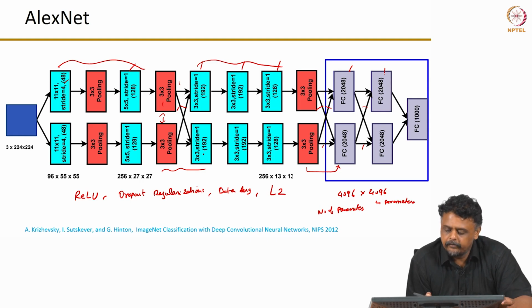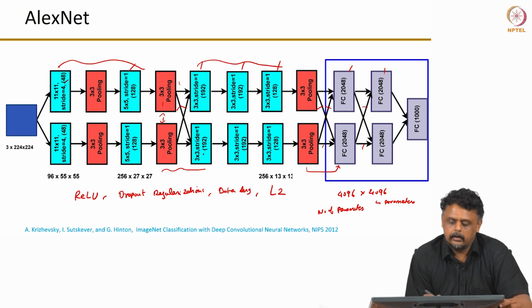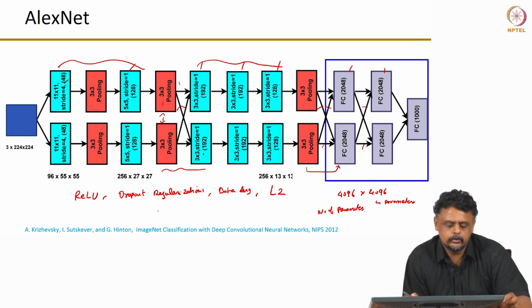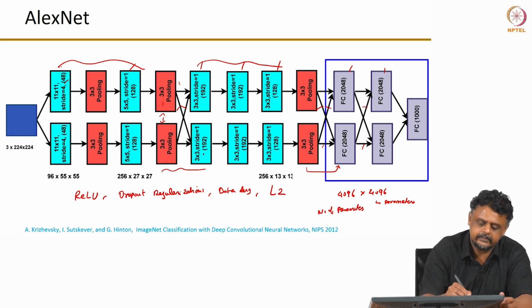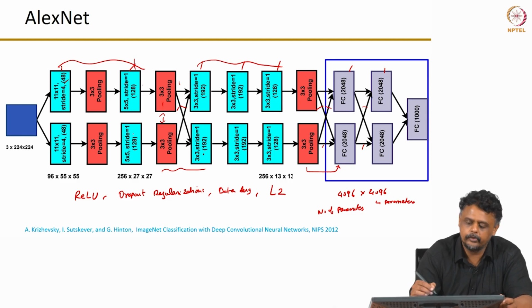And it had a mix of filter kernels, 11 cross 11, 5 cross 5, 3 cross 3, kind of systematic. And if you also look at how the number of features increased as we go deeper into the network. So, in the initial layers, first layer we had 96 and then 256 here, because I am adding from both of the GPUs,